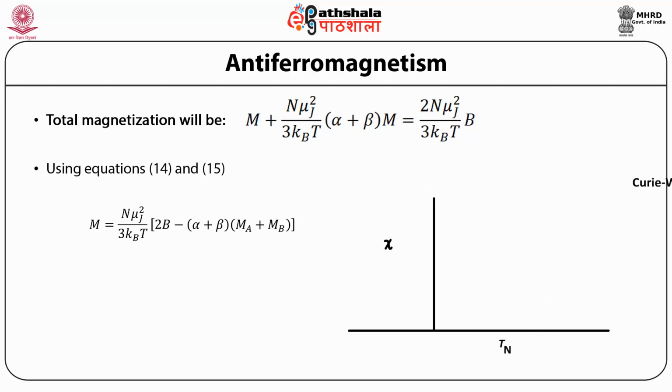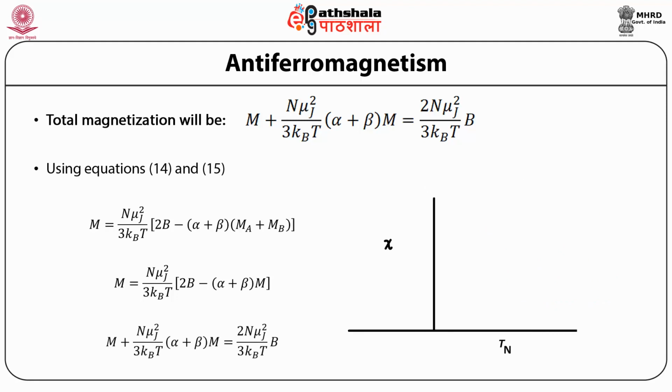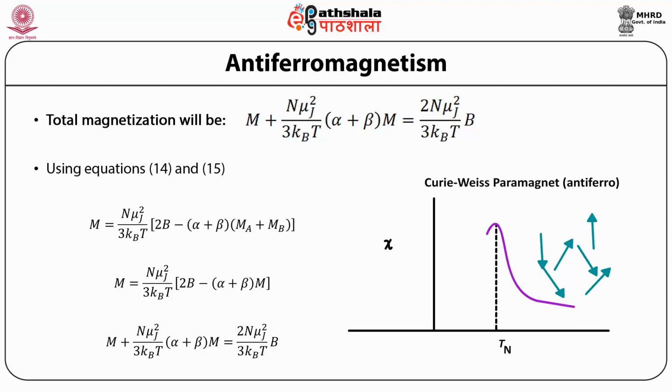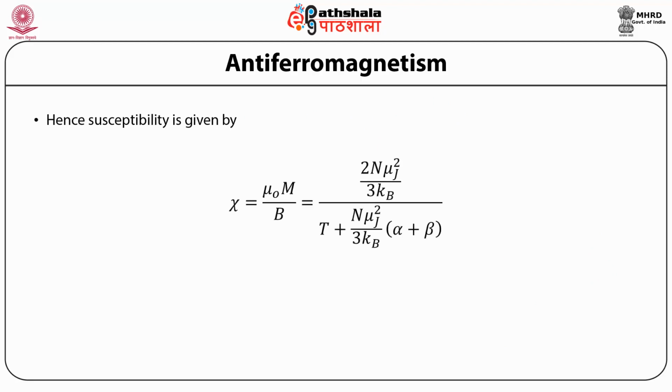And if we further simplify, this M comes out to be N μ J squared over 3 k_B T into 2B minus alpha plus beta into M. And further, M plus N μ J squared over 3 k_B T into alpha plus beta into M is equal to 2N μ J squared over 3 k_B T into B. Hence, the susceptibility comes out to be μ naught M over B, where, if we put in the value of M,